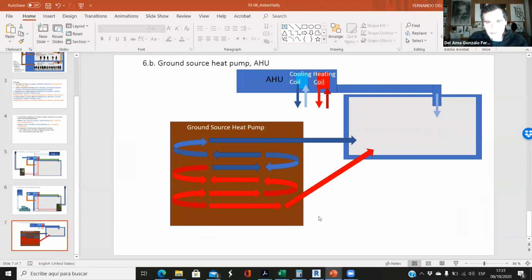Okay, this is not correct because we are using the air handling unit for heating and cooling. Okay, so everything has to be connected to the heating and cooling coils of the air handling unit. So here you have the air supply, that's correct. And this is not the ground source heat pump. The ground source heat pump,